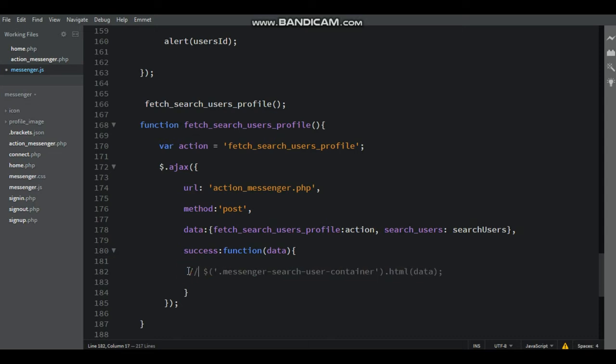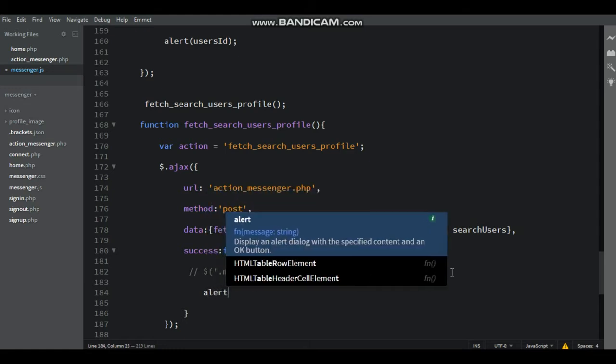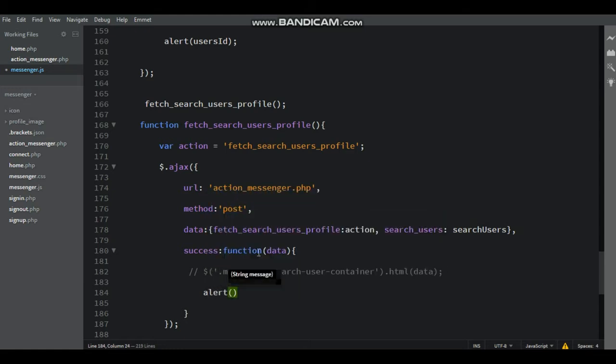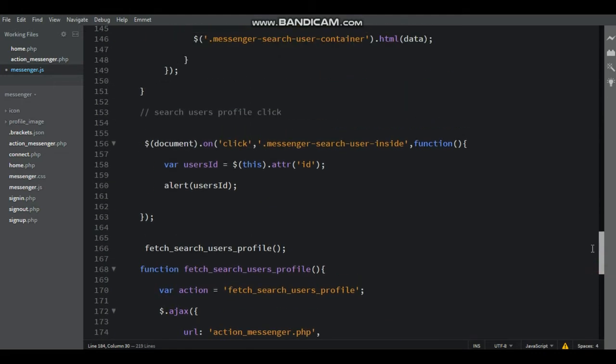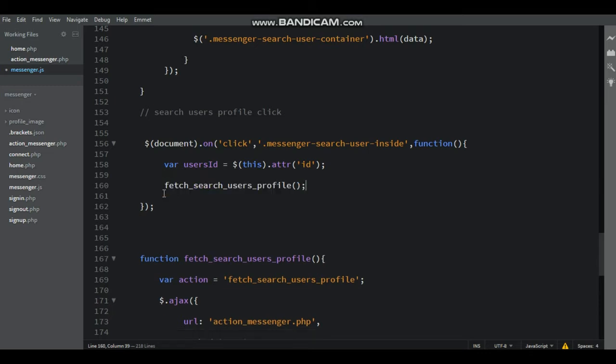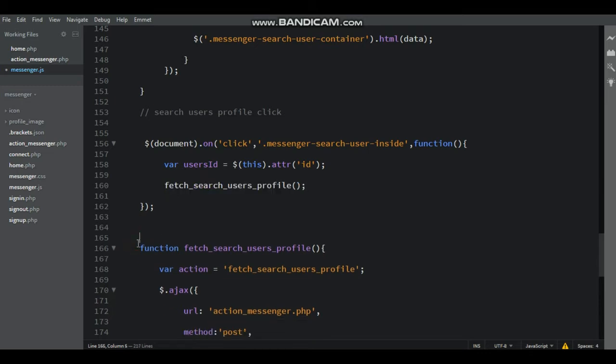Here just tag the HTML data, that is fetching. Write alert inside brackets data. Now, is it working or not? Here cut the paste search users profile, paste inside document click messenger search user inside.